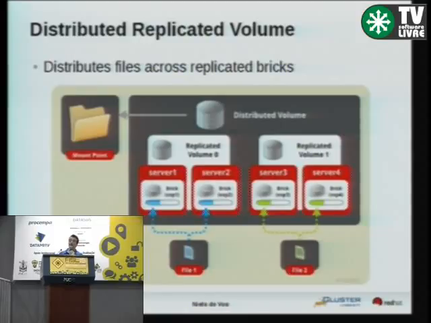Obviously, just replicate and just distribute don't really help in most use cases. We want to have a combination of both. We want to distribute, making the scale out possible, but we also want the security of duplicate files. So what we do is we create a distribute replicated volume, which means that a client will write to 2 of those bricks. Those bricks are located on different storage servers, and